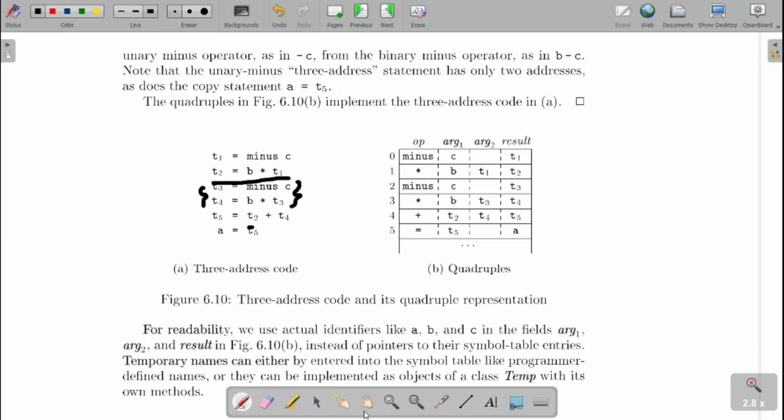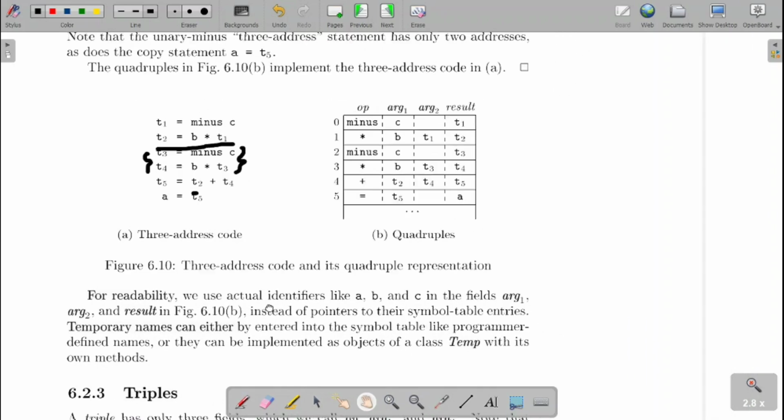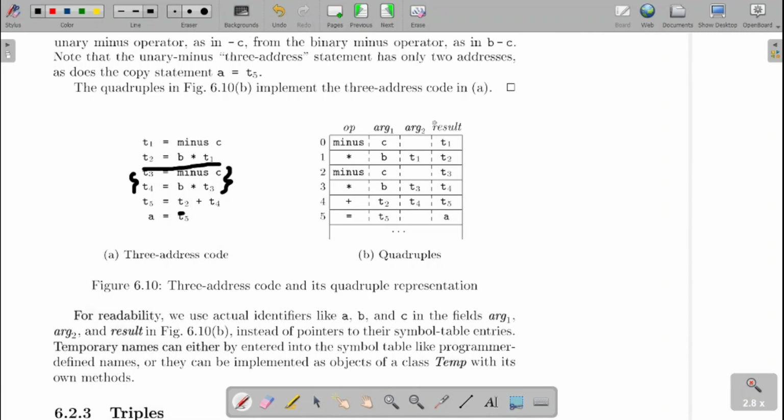Then the next one, triple representation. Fine. So in the quadruple representation, if you observe here, I am using some temporary variables. Those temporary variables we can avoid. How can we avoid them, you can ask. Here I am writing T1. In place of T1, it is at line number 0, so I can take the result from line number 0. Here again T3 is the result of line number 2, so I can write line number 2. Then T2 is line number 1 and line number 3, which I can add up.